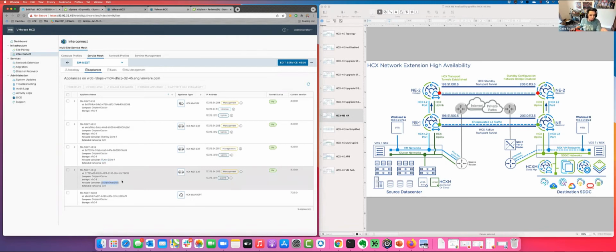So it doesn't seem like we have enough appliances to configure HA. So I think we should try to do that first. Actually, let's just give it a try, right? So if I click on one appliance here and I click on activate,